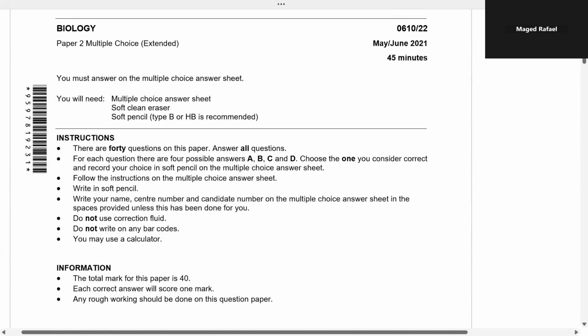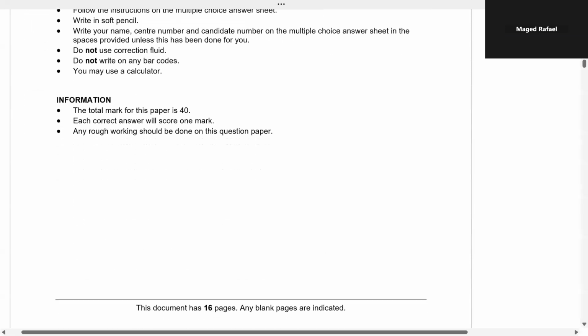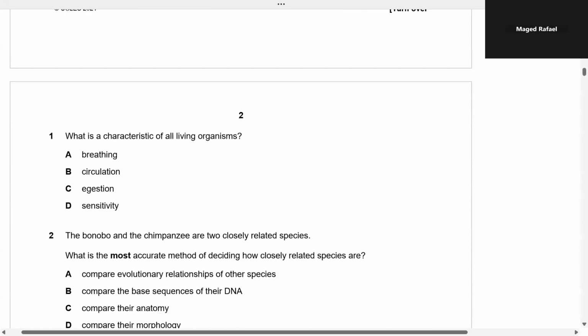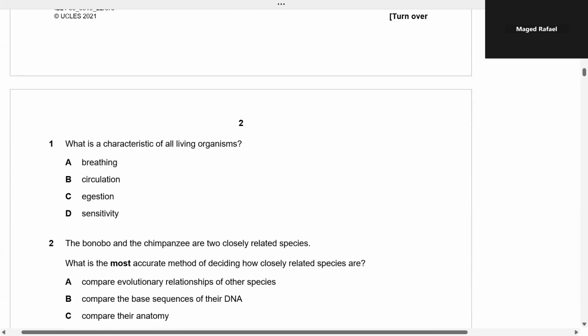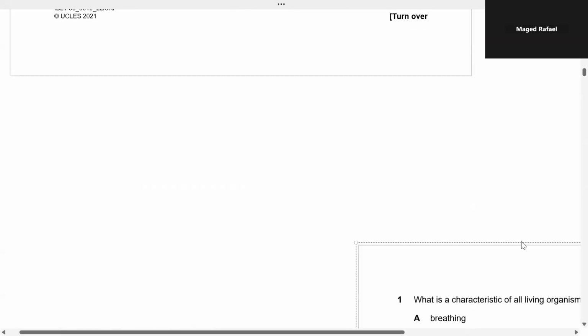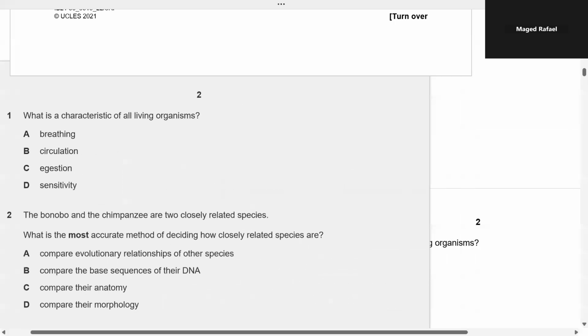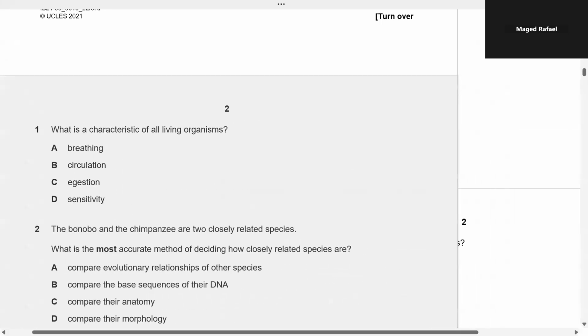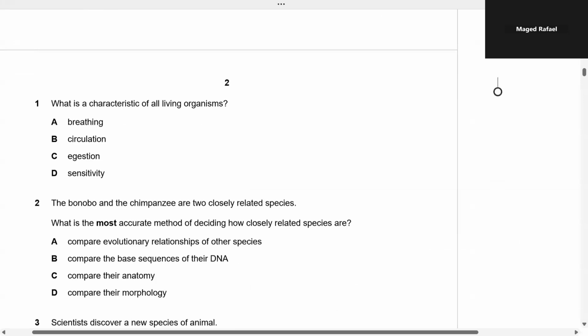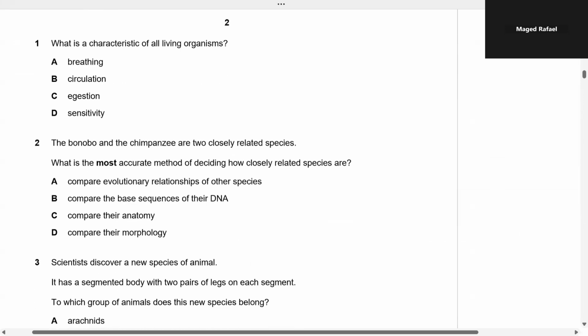Starting from today, we will start working on the 10 minutes Paper 2 series. So we will answer a whole Paper 2 in 10 minutes. Let's start with the May-June 2021 paper. This is variant 2, 40 questions in 45 minutes. That should be the duration of the exam, but for today, we will try harder to finish it, as I told you, in 10 minutes. Let's start